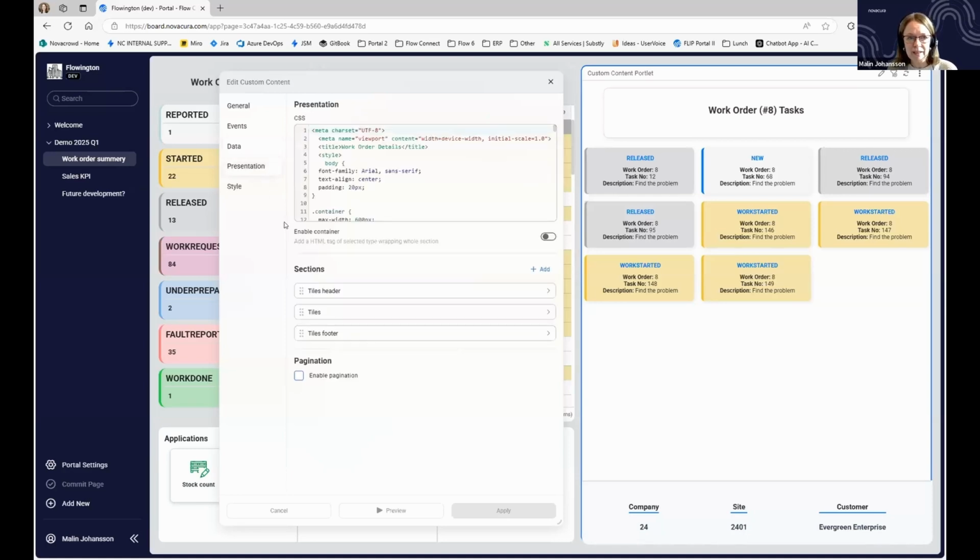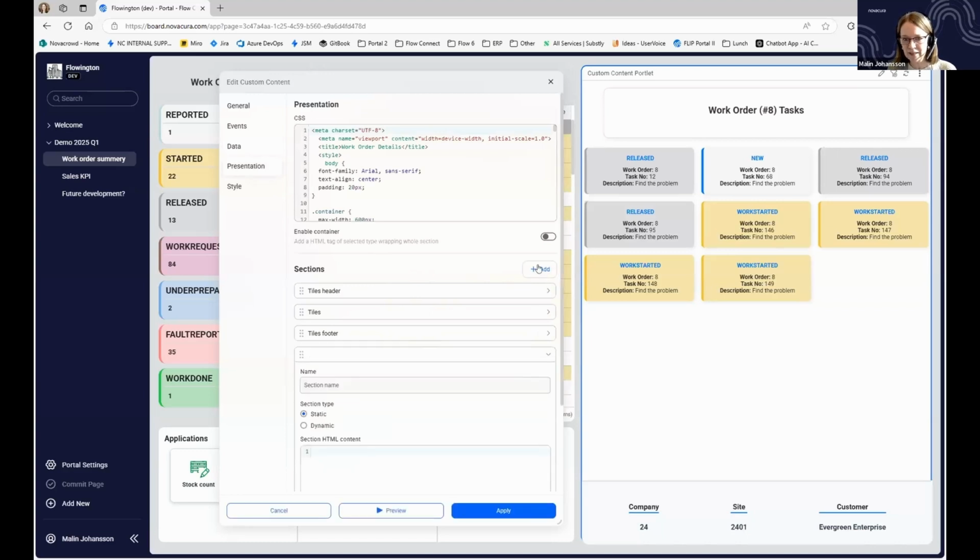We also made some changes in the presentation section, which is where you add the CSS and the HTML code. And instead of having just one header and one body section, there's now multiple sections that the developer can add. And the sections are of 2 types. It's either static, meaning that it's a fixed content block, or it's dynamic, meaning that the section will repeat multiple times based on the data source. And it's also possible when you configure the blocks to move them around a little bit using the drag and drop here